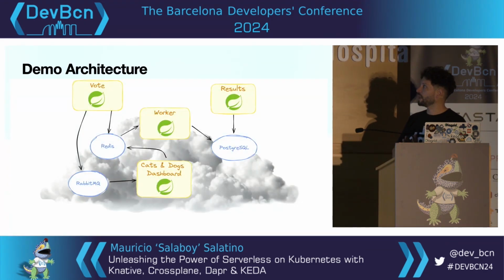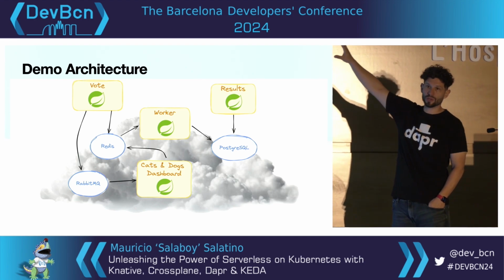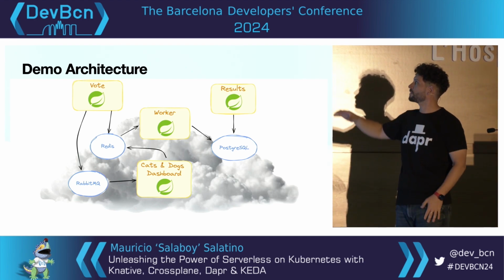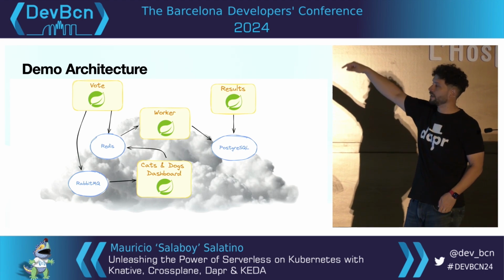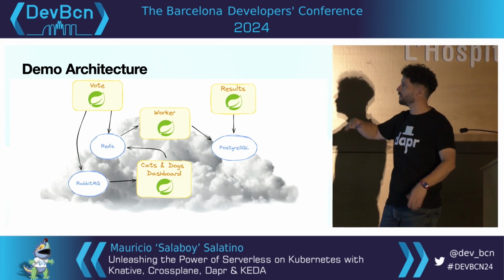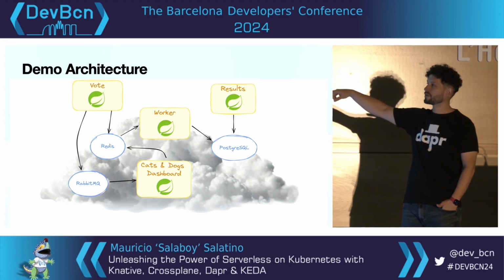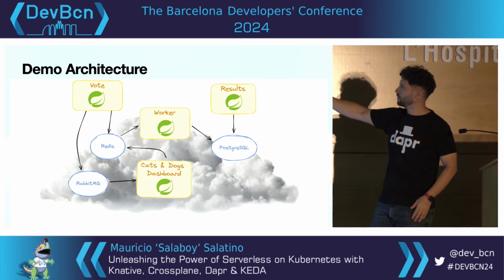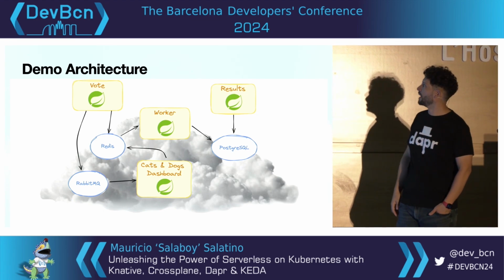The architecture of that application is super simple, right? We have a vote service. That's the one that you're using from your phones. It has a UI, but on the backend it sends data to Redis to store your vote. You get the JSON payload with the vote, then you store it. At the same time, we send a RabbitMQ message to a queue that is being picked up by the dashboard where all the cats and dogs are popping up.